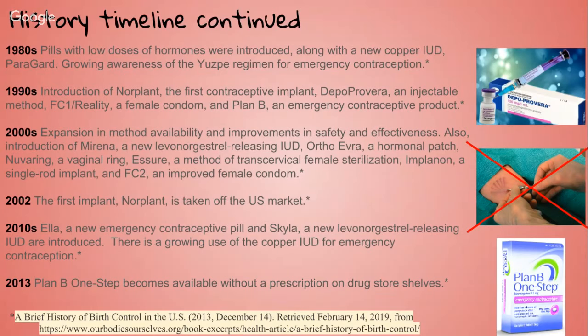In the 1990s came the introduction of Norplant, the first contraceptive implant, and Depo-Provera, an injectable method, in 1992, FC1 Reality, a female condom, in 1993, and Plan B, a dedicated emergency contraceptive product, in 1999. In the 2000s, there was a rapid expansion in method availability and improvements in safety and effectiveness, including introduction of Mirena,